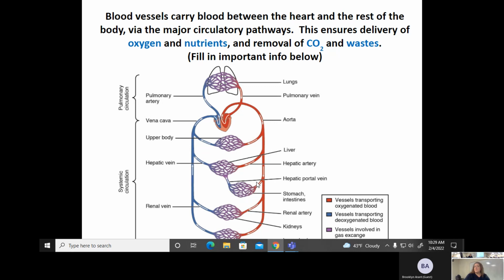And then there's another major artery called mesenteric that we didn't have you all learn that goes to the intestines. And so blood is going there into the stomach and the intestines, and it's picking up nutrients. You don't have to write that, but that's where it's picking up new nutrients that you're digesting. And then the blood is moving from the stomach and intestines over to the liver